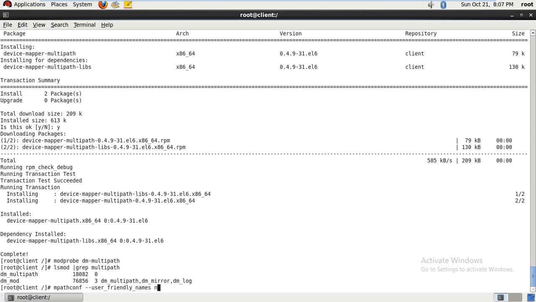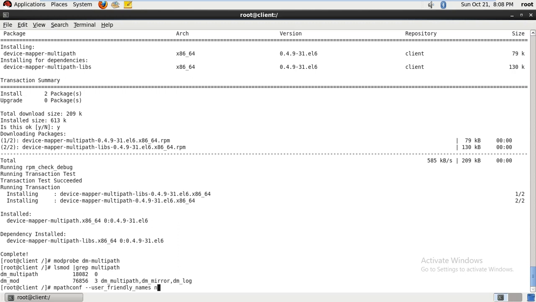You just keep in your mind multipath --user_friendly_names equal to no. It means the multipath LUN name should not be unique or user friendly. Okay, if it's user friendly or unique, then it will be a trouble for you guys as well as for the admin team, because which LUN we are going to share with you, I mean we are going to share with your team the same LUN,